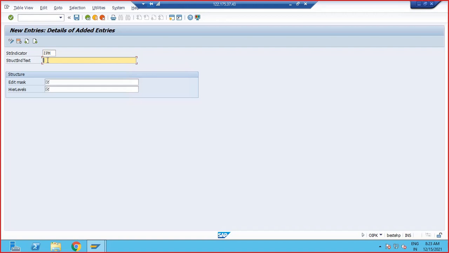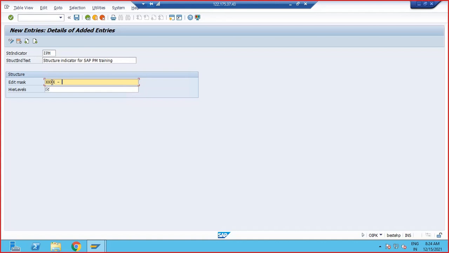I will create a structure indicator with the description structure for SAP PM training. Since we are using it for training, I'll just enter the name like this. Next, edit mask. How do you want your structure indicator to look? So put it as